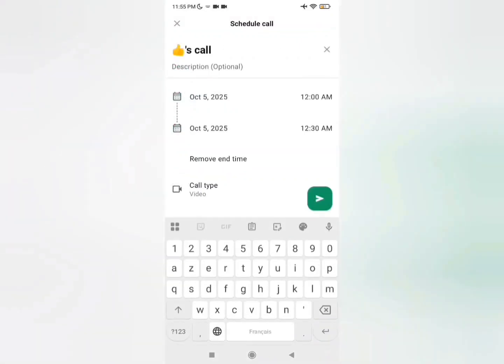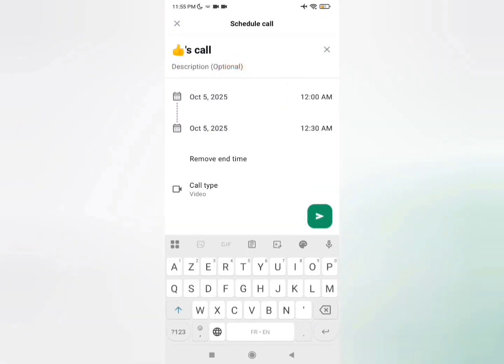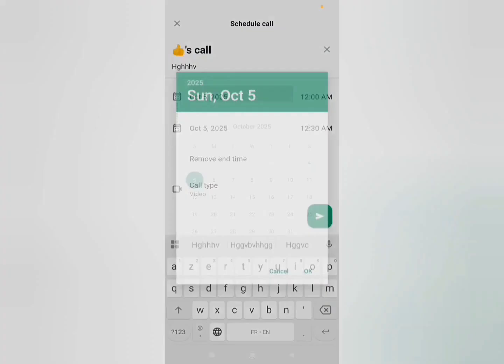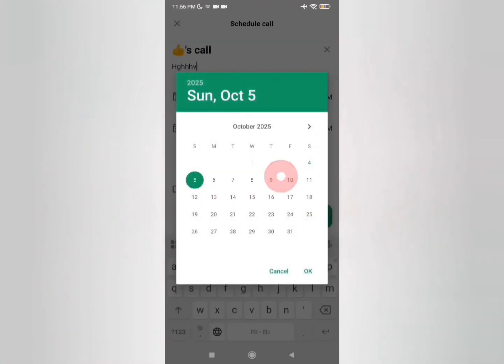Here, you are expected to add a description for this call. For example, I will now write this description for your reference. And here is the exact time when this automatic call will commence. For example, I will click right here on this area and then choose the exact day or the month that I desire. For instance, I will select this day from the calendar, then I will click the OK button to